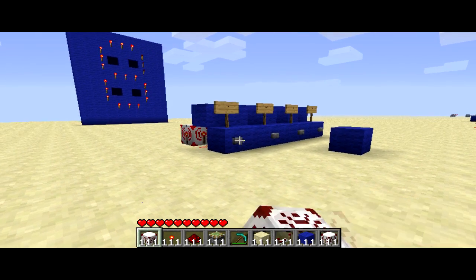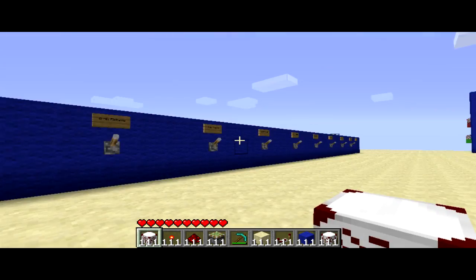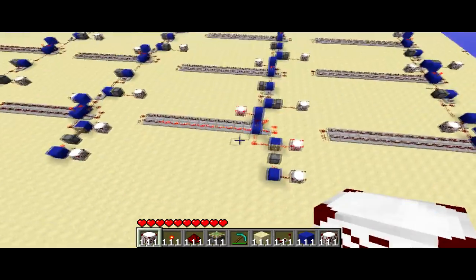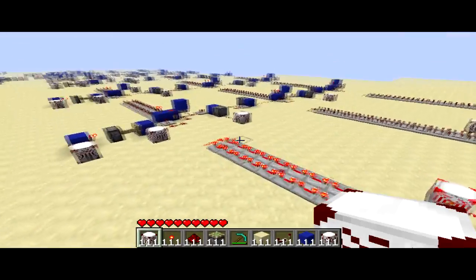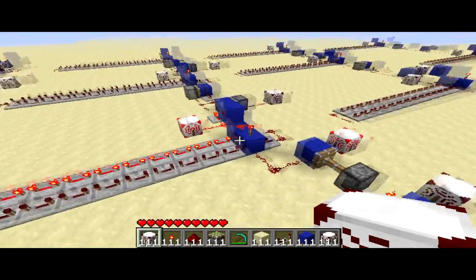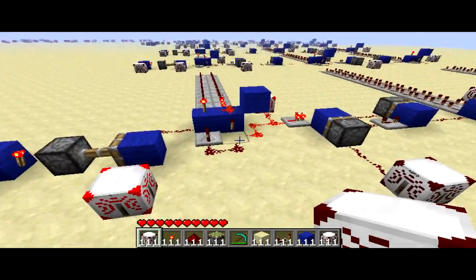6, 7. Okay, that'll do. So nothing's on at the moment, and we can just clock it. So this will go to 7. And the way this works is basically it goes around, and then it's set off again. And when it reaches there, it's switched off. So this is just a good way of doubling the length of the repeaters,